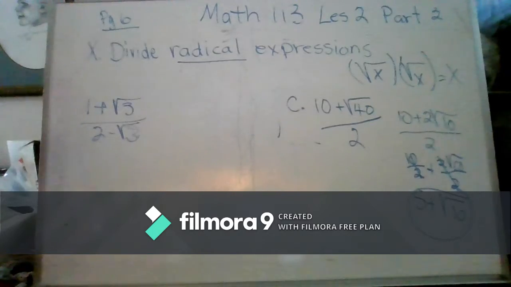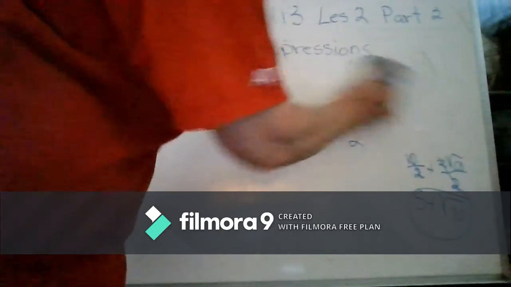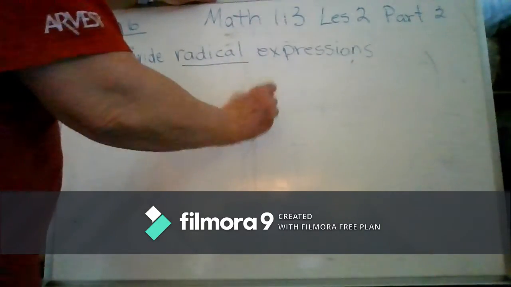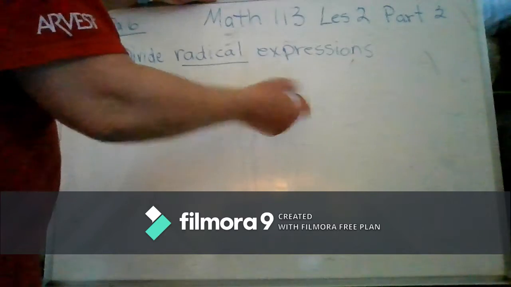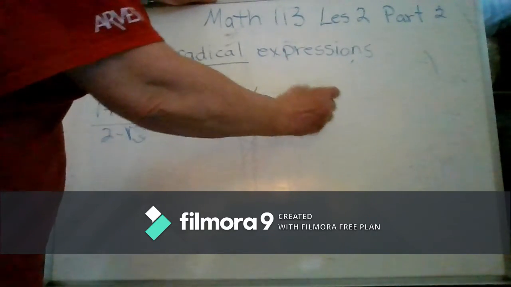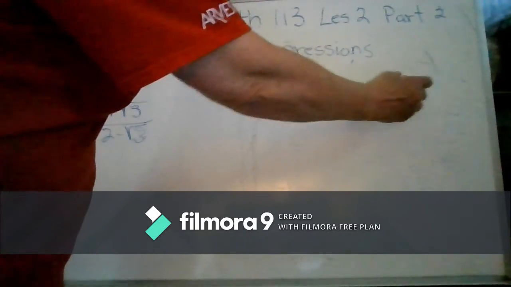Now, I want to show you what the conjugate does first of all. If I have the square root, in parentheses, 2 subtract the square root of 3 times 2 plus the square root of 3, those are